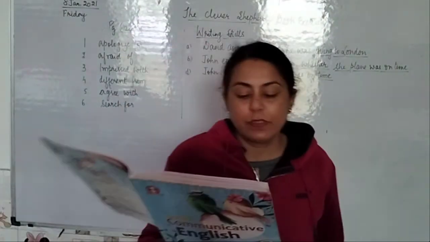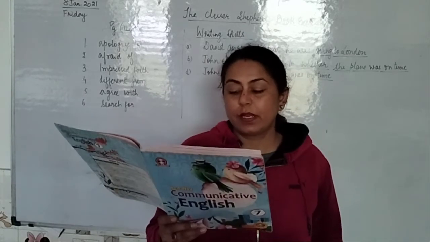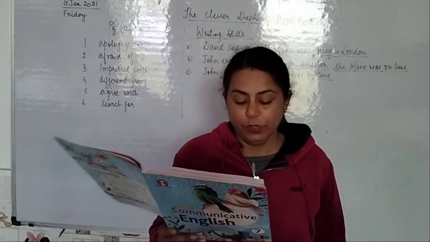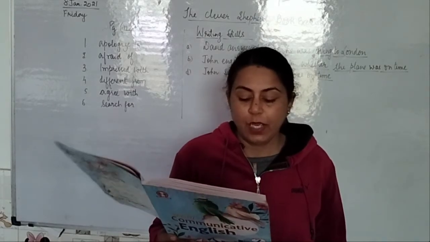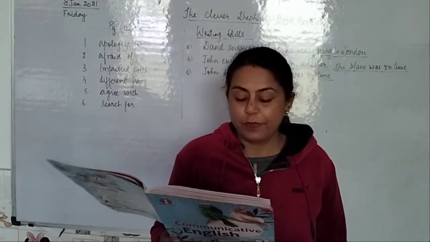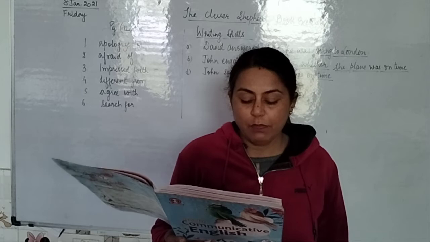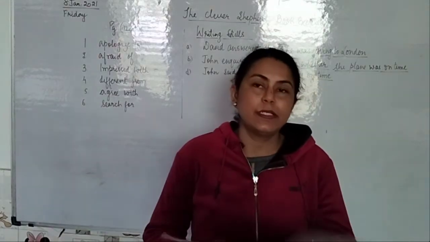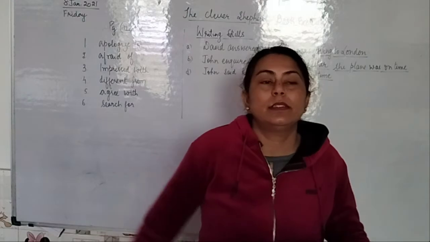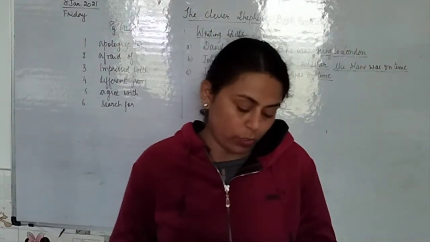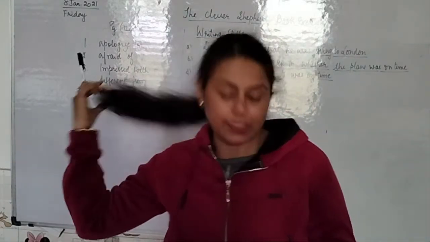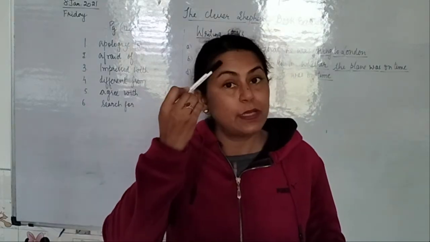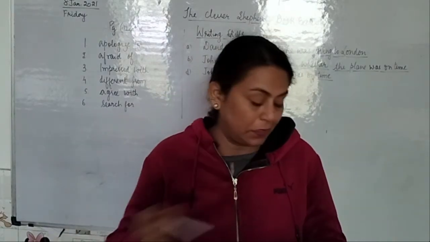In each pair of the sentences below, the speakers are describing the same thing. What are they talking about? One is done for you. Child: I like to eat them for breakfast. Chef says, I make omelets from them. So, from both the sentences, you will get the idea of what they are talking about. So, they are talking about the egg. Because the child says, I like to eat them at breakfast, and the chef says that I make omelets. So, what do you make omelets from? From eggs, right?